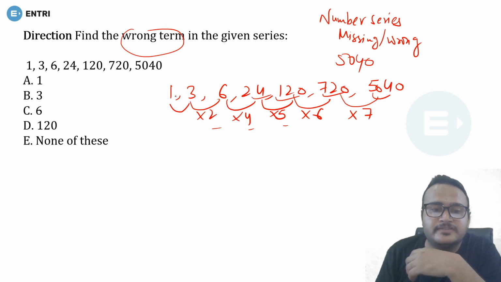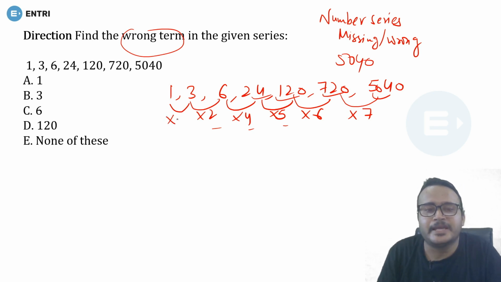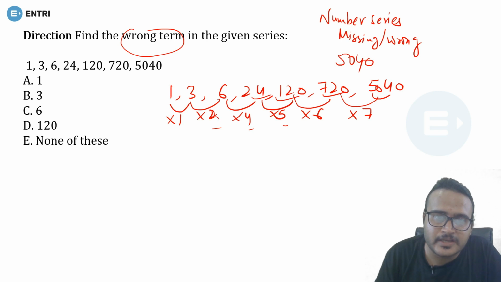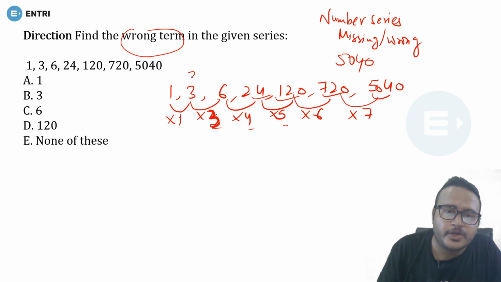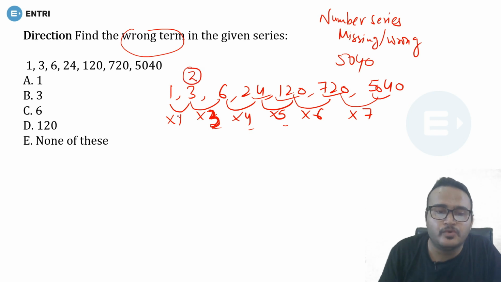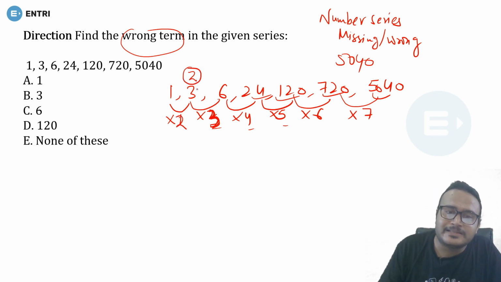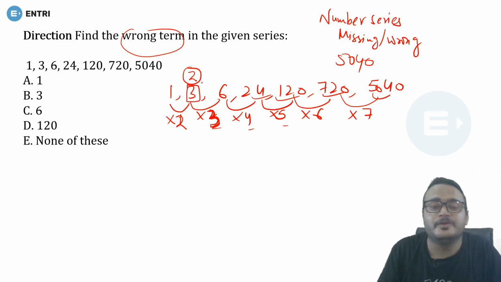And guys, you can see this is 1 multiplied by 3. So this will not be correct, because if we do 1 2 3 4 5 6 7, here must be 3 guys. Okay, here must be 3, and here must be 3. So what you will be doing guys, here will be 2 obviously. Okay, here must be 2 and here will be 2. So rather than 3, here we must have 2. Okay, so we'll be replacing this 3 by 2.